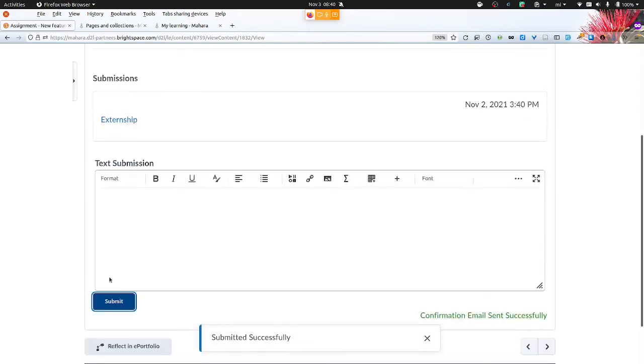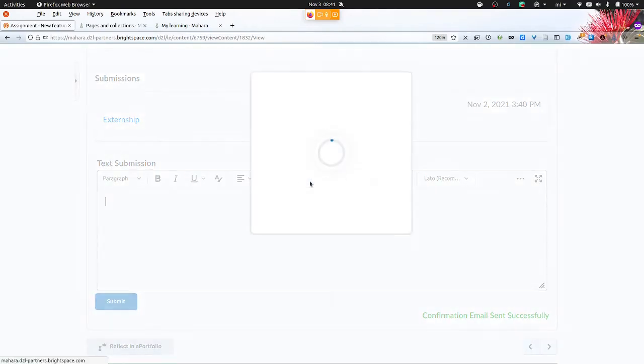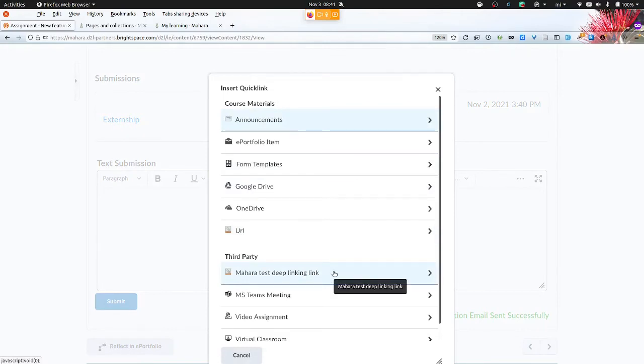so that it is very quick for a teacher to set up the assignment in Brightspace, because really they don't have to do any decision making, any custom thing. All they need to know is my assignment needs to have a text submission. There is no extra link that they would need to provide, because everything is handled via the quick link option, where the site administrator would have made the deep link available to the portfolio. And of course, it doesn't have to be called deep link, just here that I can find it more easily.